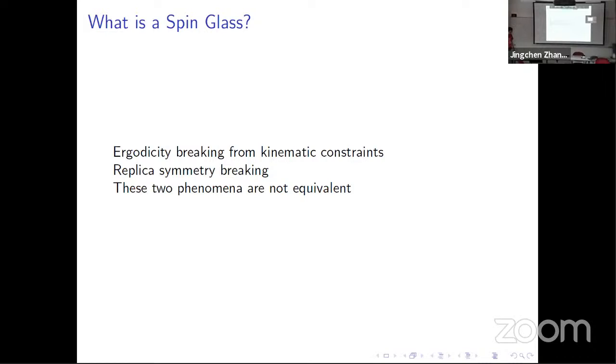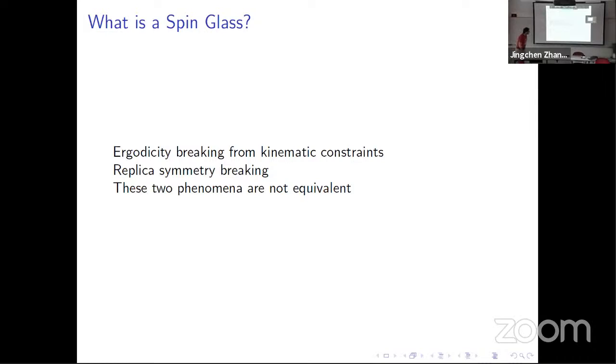So you're going to find, there are obviously 2 to the n configurations, where n is the number of spins, and there are going to be lots of low-lying configurations that are nowhere near each other. So this is a good example of a spin glass. Okay. Any more questions, especially experimentalists?